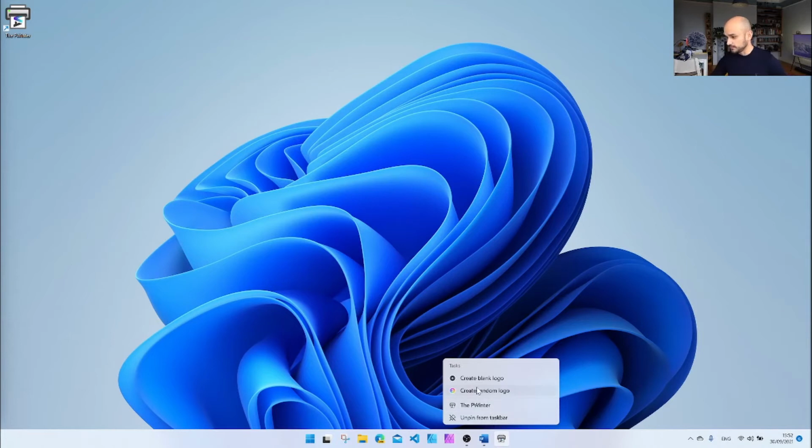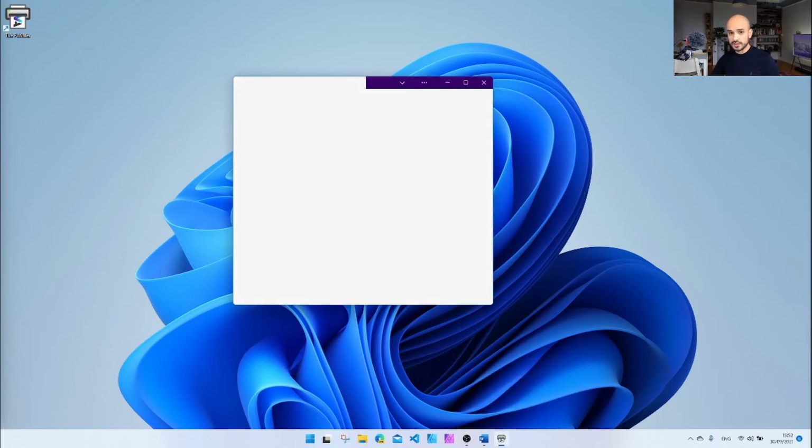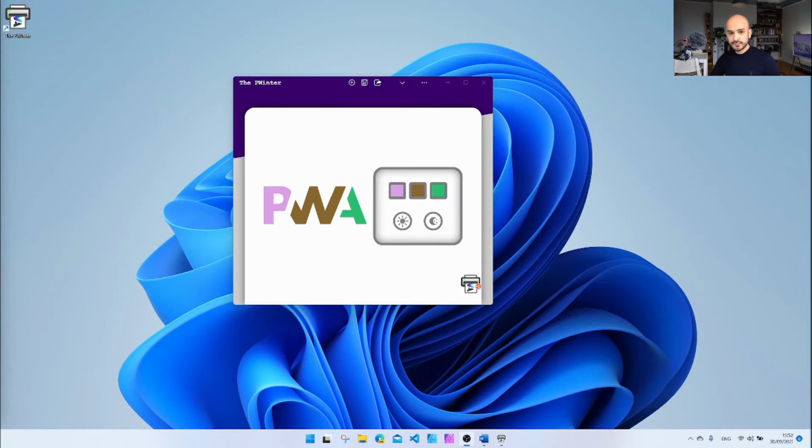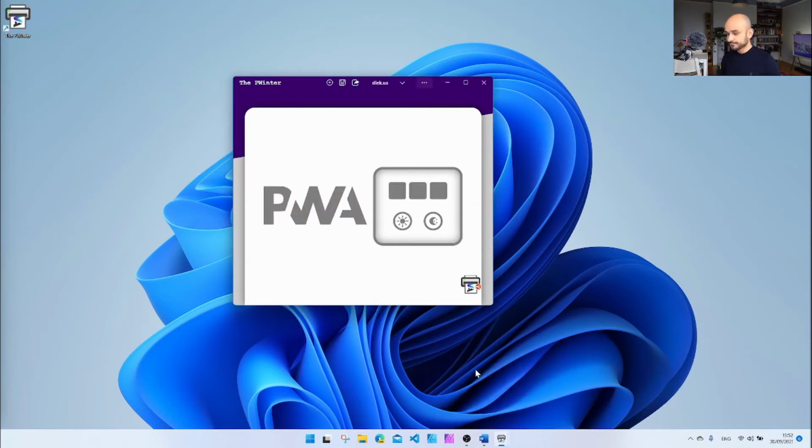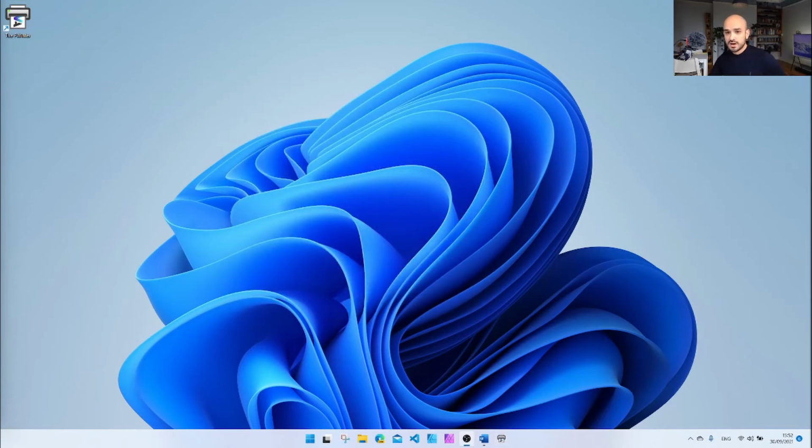In this case, we can see how I can create a random logo, which is the default way of starting, and also I can just click on create a blank logo, which is just going to open the installed web app deep linked to the state or the page that I wanted. So another very easy way of integrating your application into the operating system.